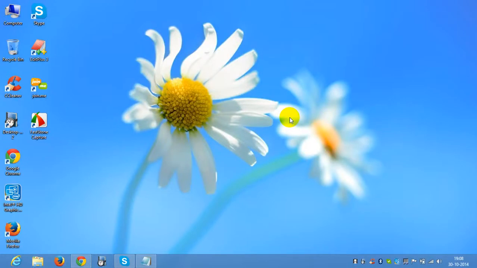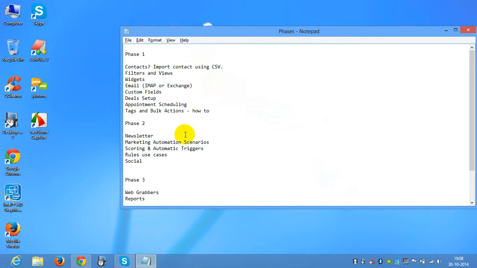Today we're going to start with phase one of the onboarding sessions, and we're going to discuss the basic features. The topics will be contacts, import contacts using CSV, filters and views, widgets, email through IMAP or Exchange, custom fields, deal setup, appointment scheduling, tags and bulk actions, and how you perform the actions. So let's start